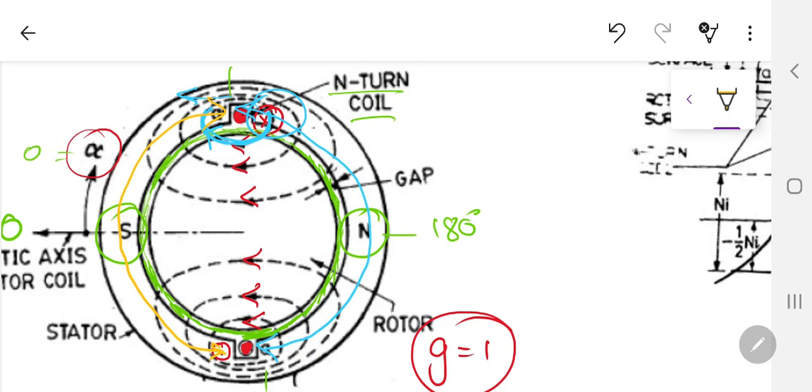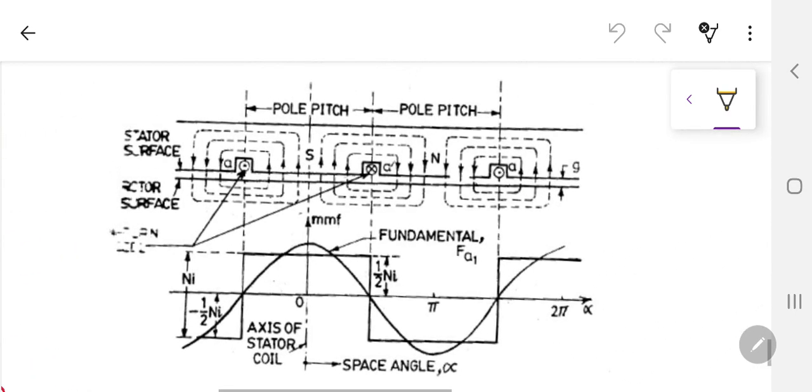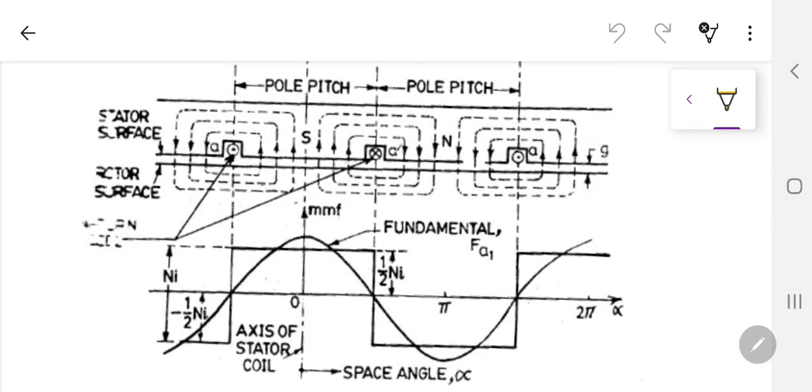Now in this north and south pole, how the flux lines are behaving, how their intensity is behaving, that is actually our interest, that how this Ni, which is actually going to be the MMF, is going to be over there. Now if I refer back to this diagram, as you can see over there, I have made the three over here. It's actually the same two slots. The third one over here, as you can see, is actually just a repetition of the first one.